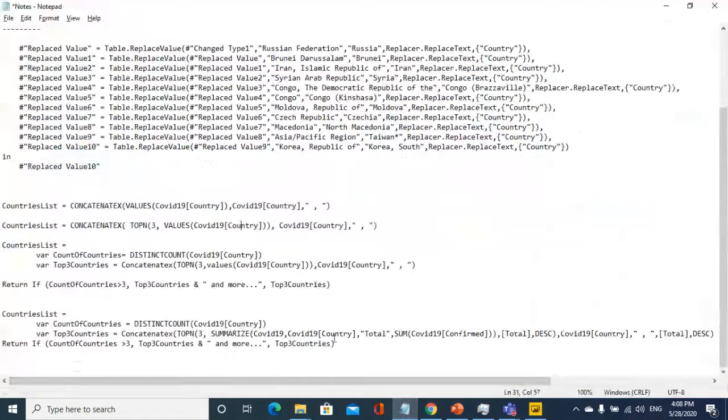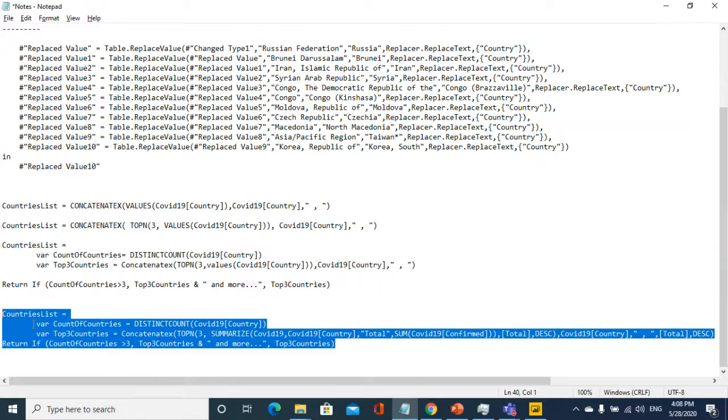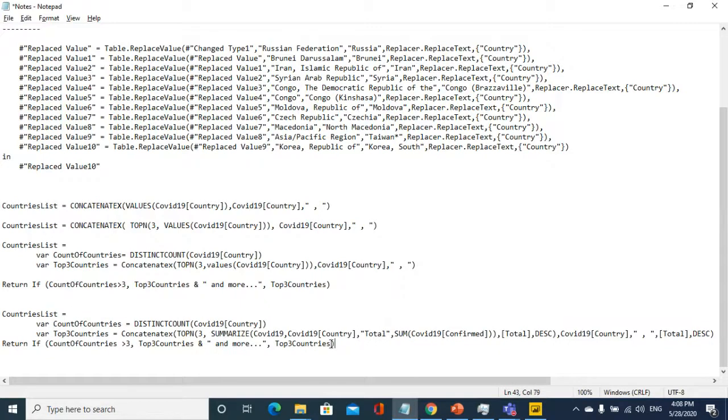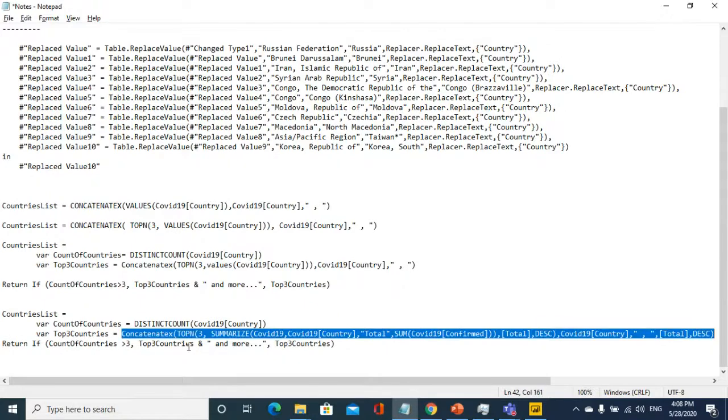Here what I'm doing is summarizing, meaning grouping by country, and for each country I'm getting the sum of confirmed cases, naming it as total, and then making a descending list of countries by confirmed cases. So let me put this expression there, or this one I can put here.